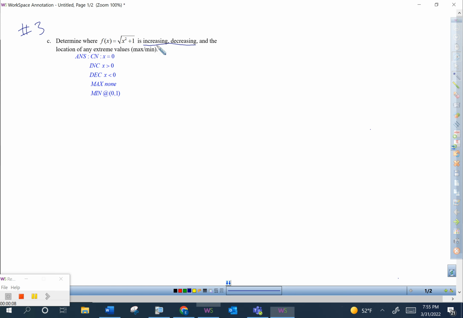And what we're going to do when we see increasing, decreasing, maximize, minimize, things like that, those are words that indicate you need to find the first derivative. And generally we're setting that equal to 0 to solve for our critical numbers. When we look here, a lot of times it's going to be helpful for you to substitute. Instead of that square root, if you're not used to the pattern, when you see this x squared plus 1, it's really x squared plus 1 all to the power of 1/2,